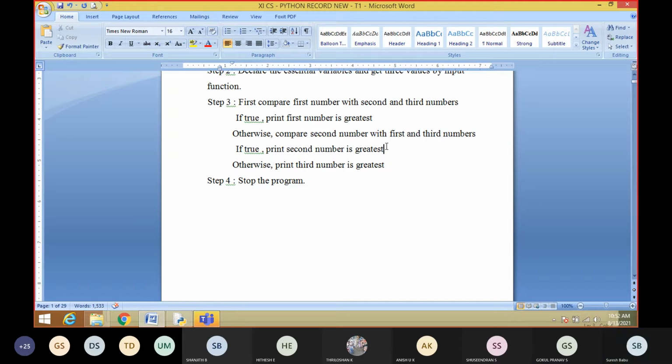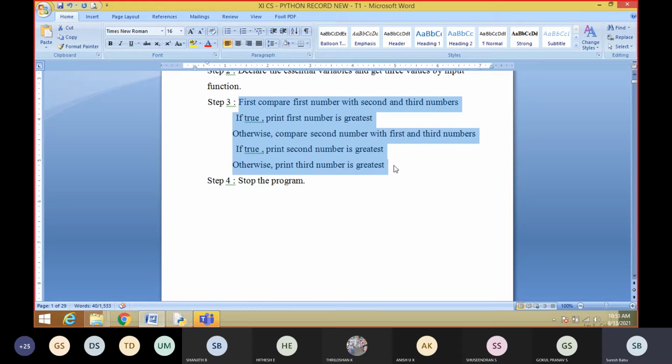Suppose this also failed, meaning first number is not greatest and second number is also not greatest, the only remaining choice is third number. So you can easily print third number is the greatest number. Anyway, we will get one output from these three choices.